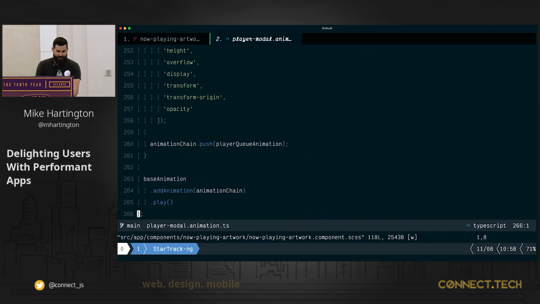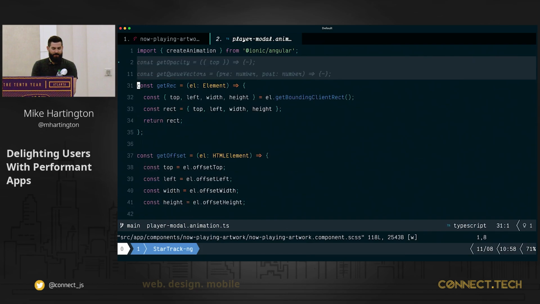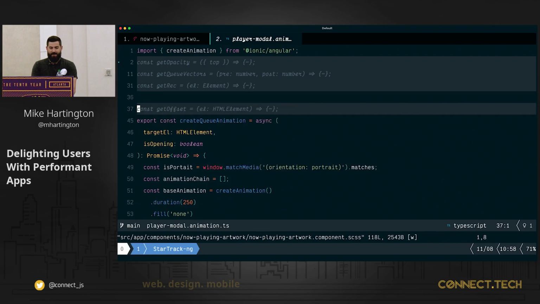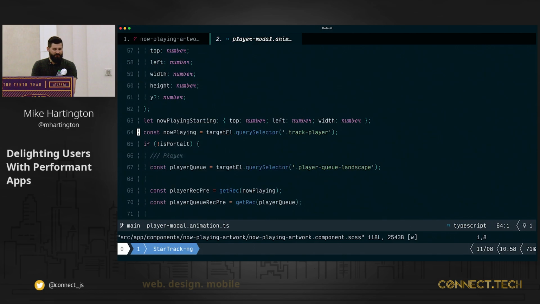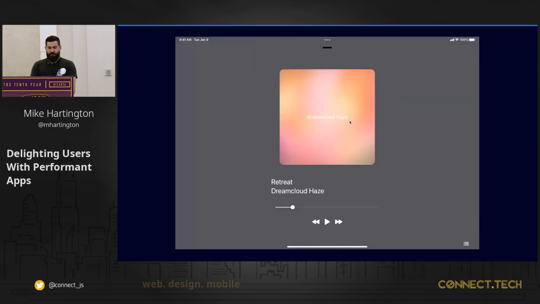Now, the real animation code is much more complicated. It's 266 lines of code. Not that lines of code are anything to kind of brag about, but it took a lot of work to figure out how to do this all together. And one of the big reasons why is that leaving animation. Let's go back to Keynote real quick and go to the other one. That leaving animation really,